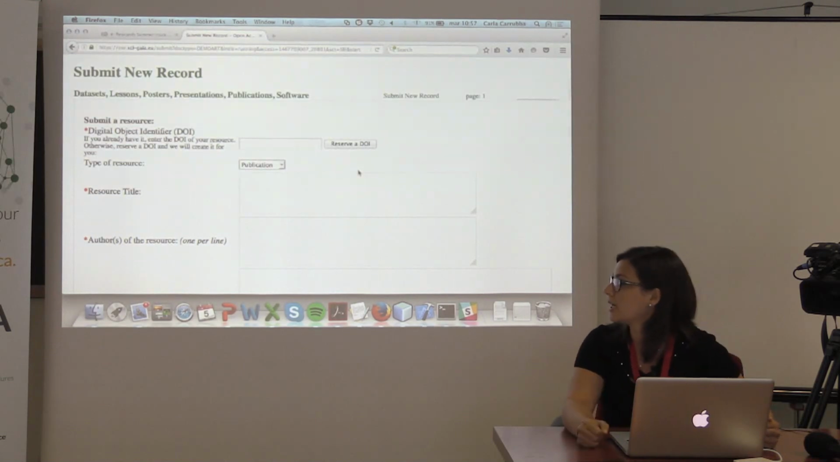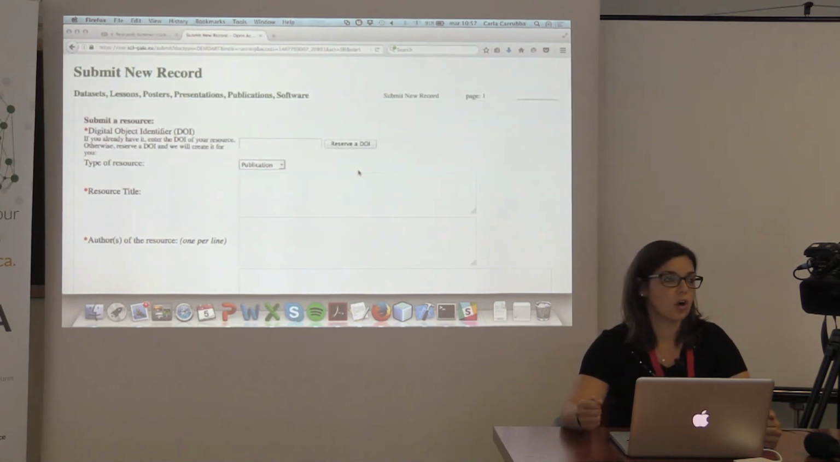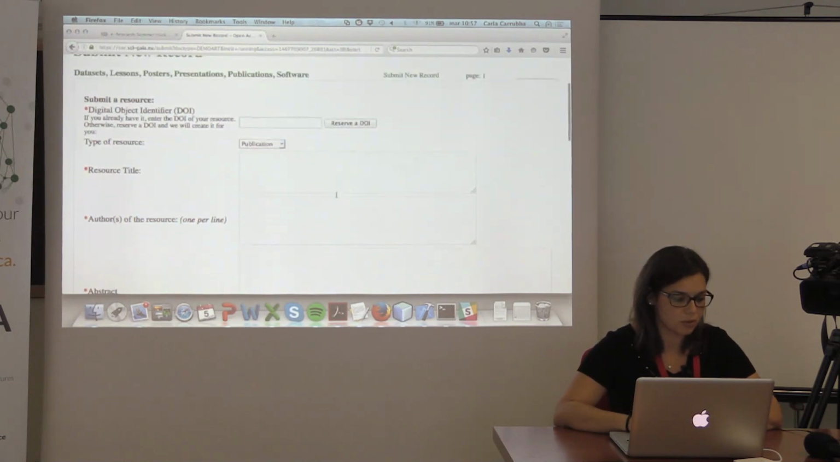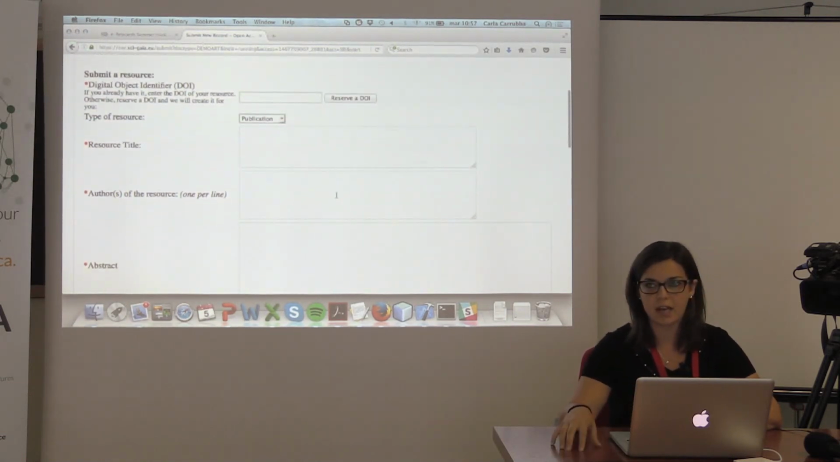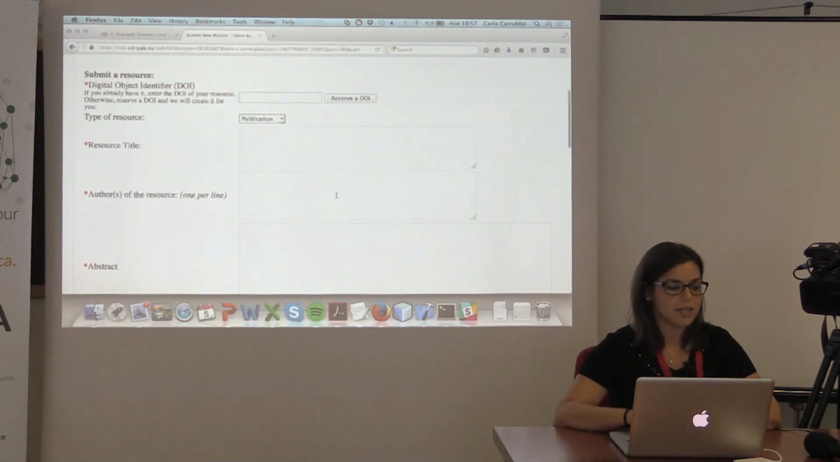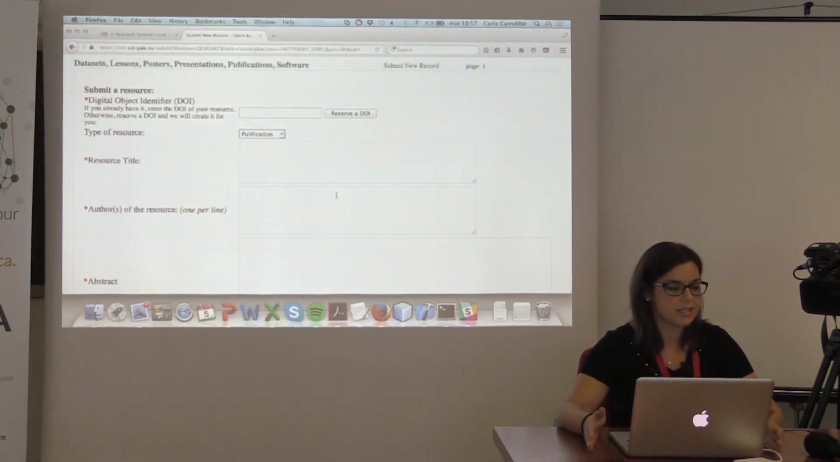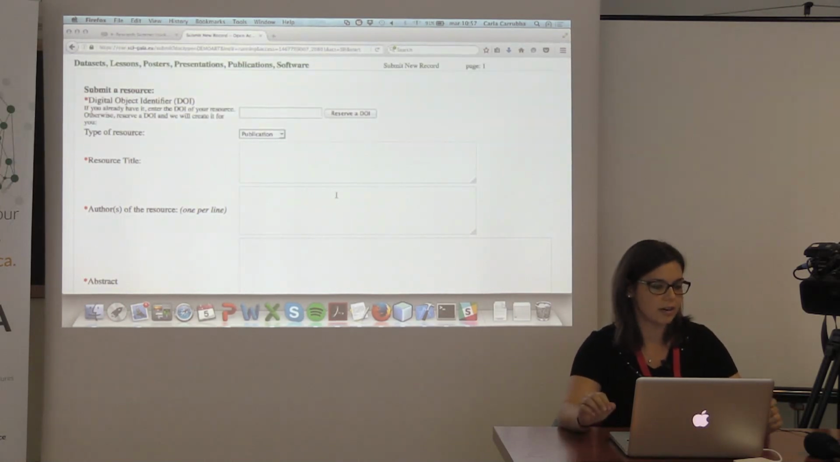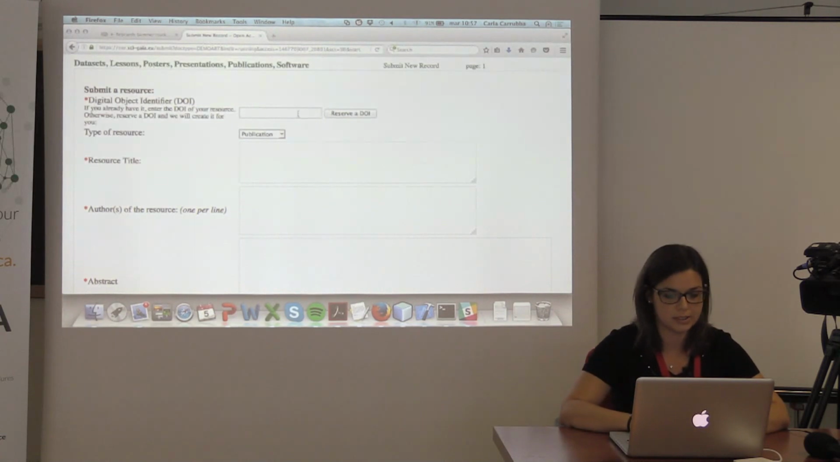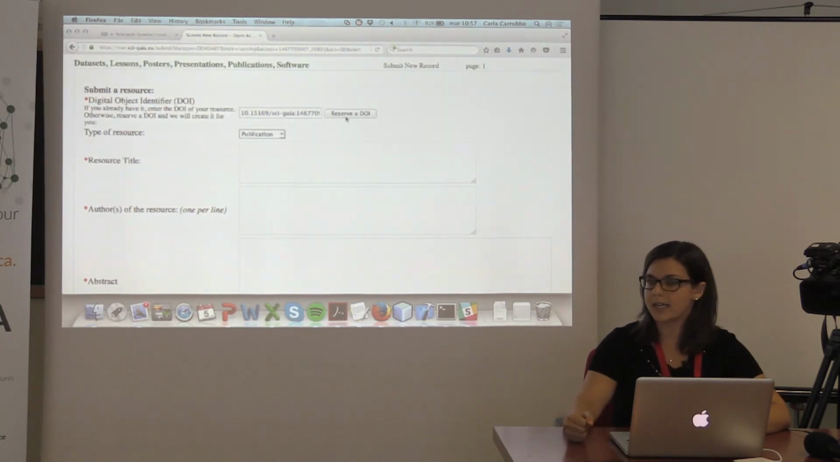You have to fill in the information of your new resource from this form. There are many types of fields. Some are mandatory and some are optional. For example, the first field is mandatory, and this is the digital object identifier. If the resource that you are uploading already has a DOI, you have to copy it in this text box. Otherwise, you have to click on Reserve a DOI, and the system provides you a new DOI